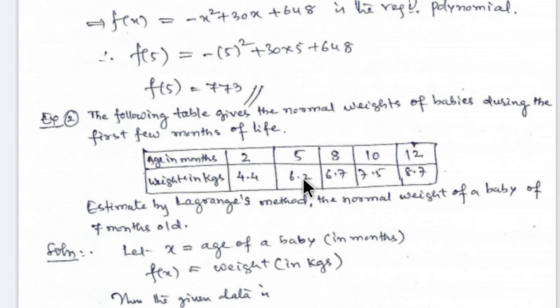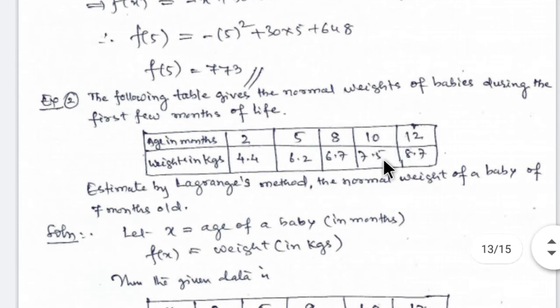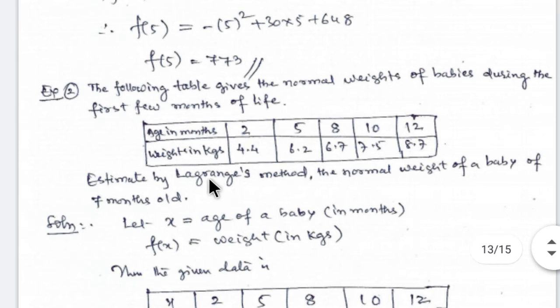When age is 5, weight is 6.2 kilograms. When age is 8, weight is 6.7 kilograms. When age is 10, weight is 7.5 kilograms. When age is 12, weight is 8.7 kilograms. They ask to estimate by Lagrange's method, that is Lagrange's interpolation formula with unequal intervals,